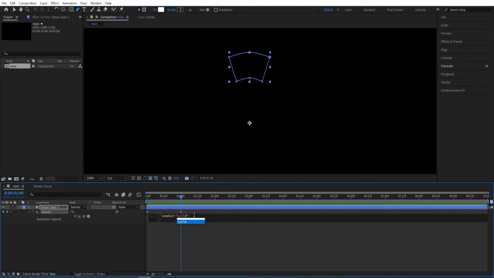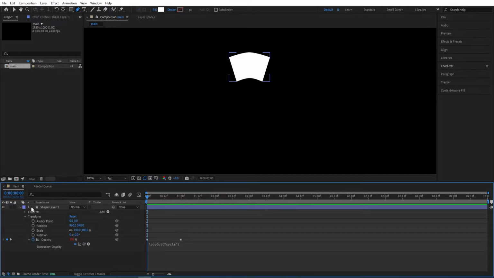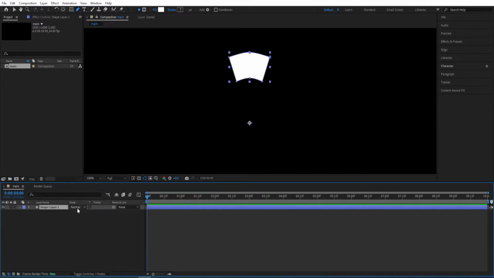So loop out cycle, type in this one, and then we'll be having a loop out effect. So this loops over and over. And now we can duplicate this. So Ctrl D